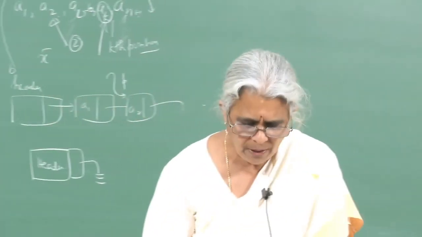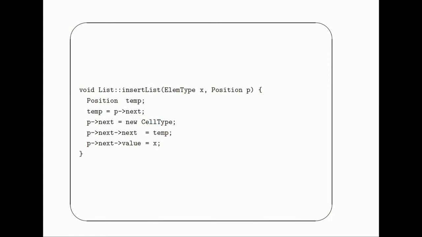Then, when I am looking at element type to be inserted, I do something clever. What I do is, if you notice, what are we doing? We are saying notice that there is an assignment here, temp is assigned to p pointer next, p pointer next, I am creating a new element here. Then what are we doing? We are saying p pointer next equal temp, and p pointer next is equal to x. So what are we doing here? Let us go through this.